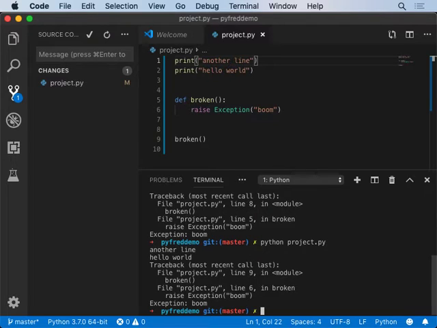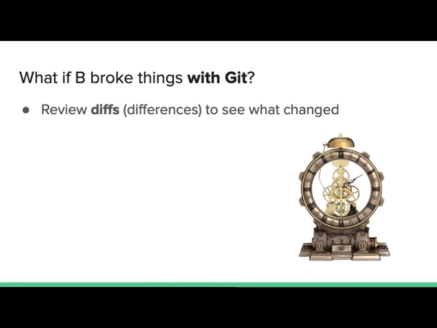Again, we'll get another line printed out, but we'll also get the exception in our code. So we have this ability to look at code from the point of view of what they call a diff, which just represents a difference. And it's a way to highlight what has been added and what has been deleted. And then we can do it very visually and get a really good idea of what's going on with the